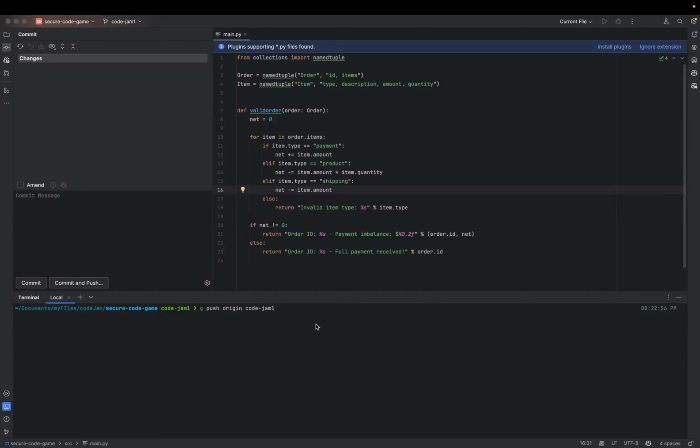By executing this command, if my origin doesn't have the branch called CodeJam 1, it will create the CodeJam 1 branch on the remote origin and append the changes to that branch. If it is already having a branch called CodeJam 1, it will update the branch.